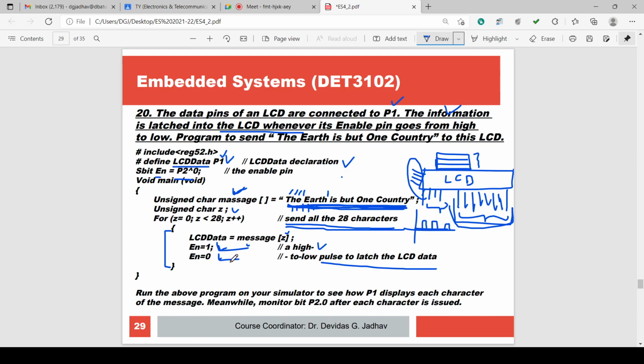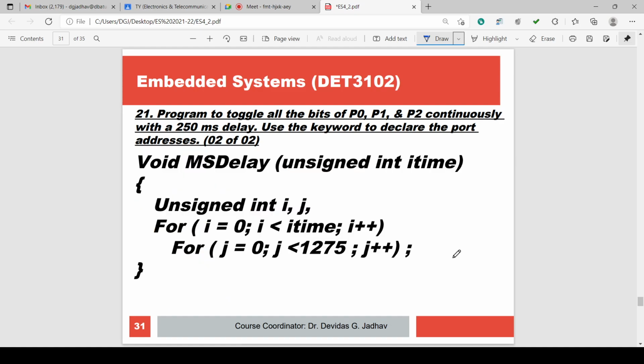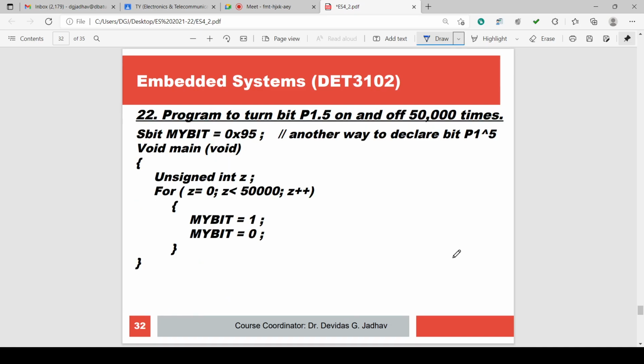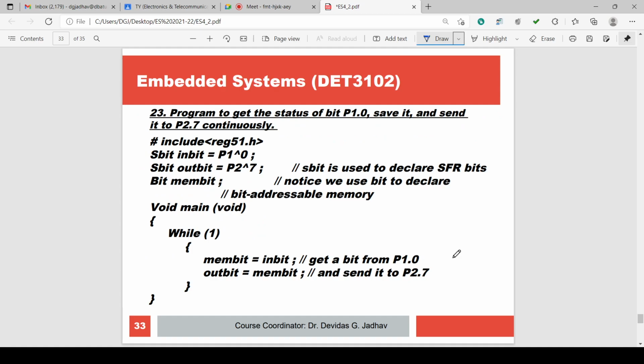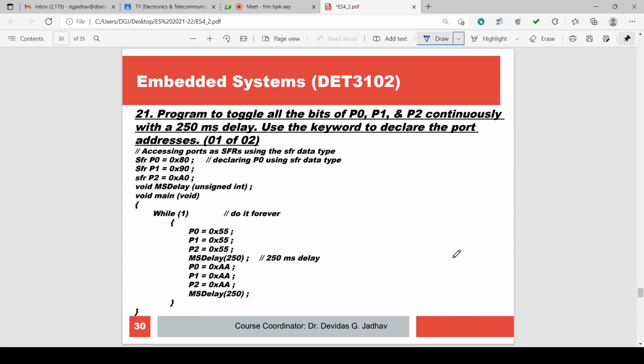So port 1, each time we are giving the data, we are latching it by enabling with the pulse. Okay. So this is the LCD interfacing. Okay. Then next program is